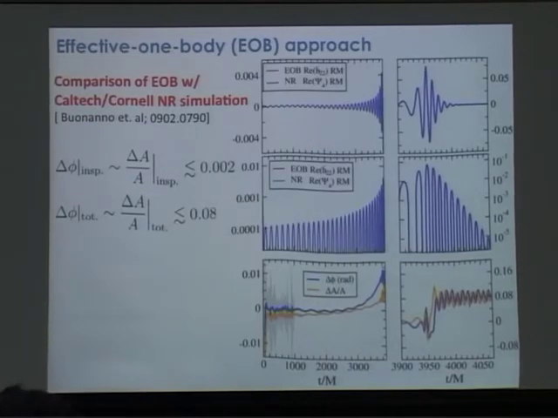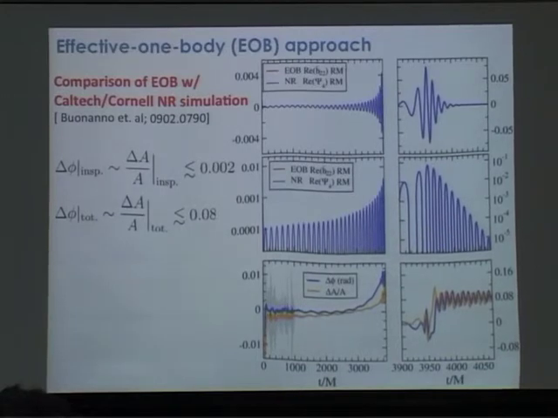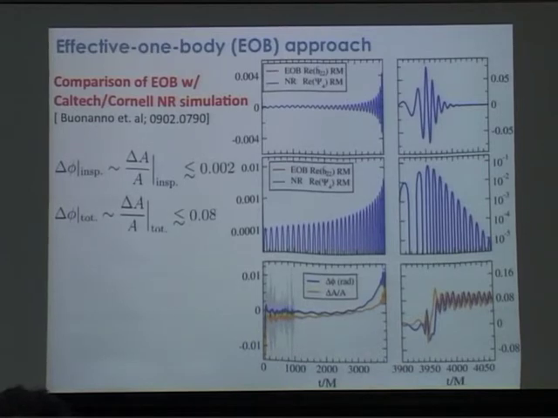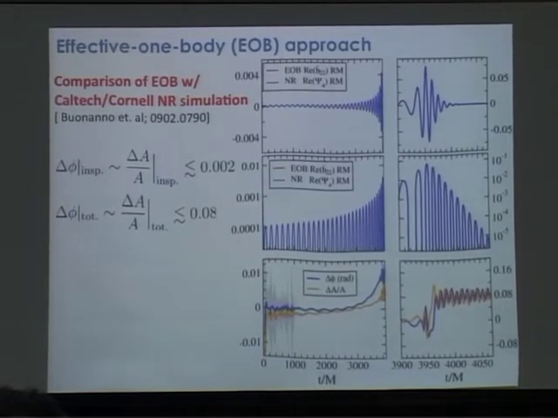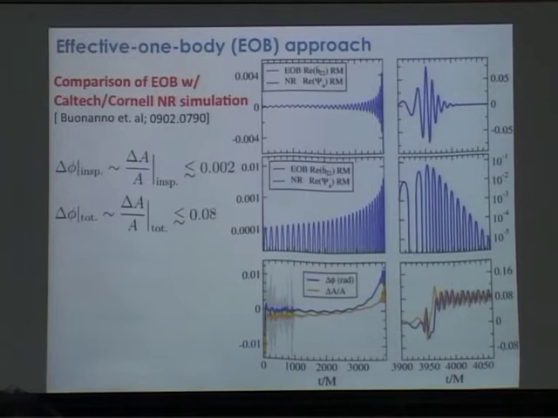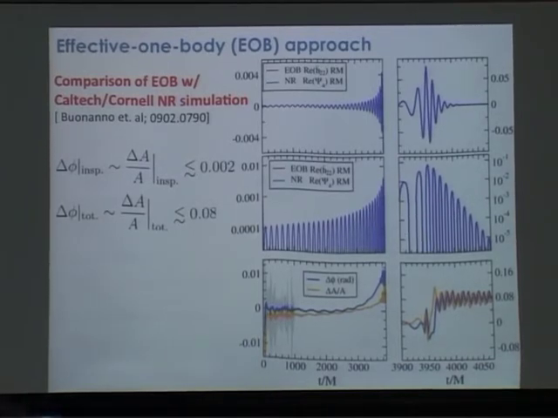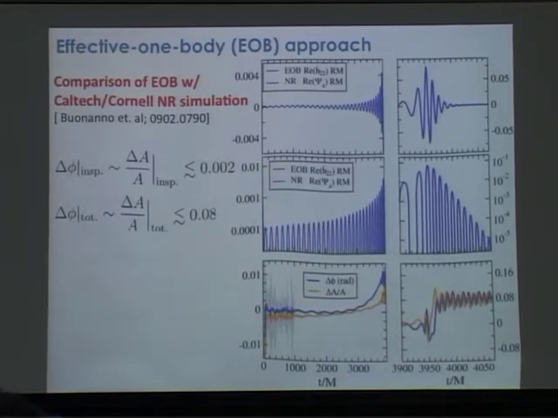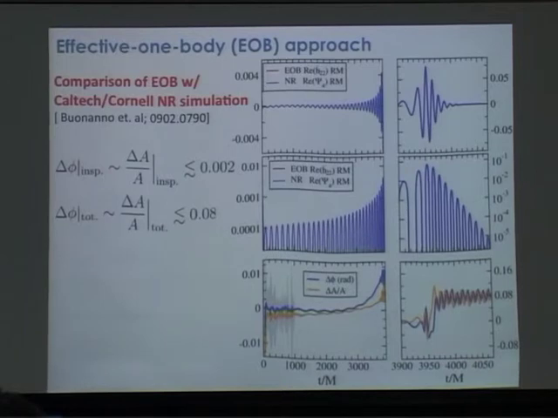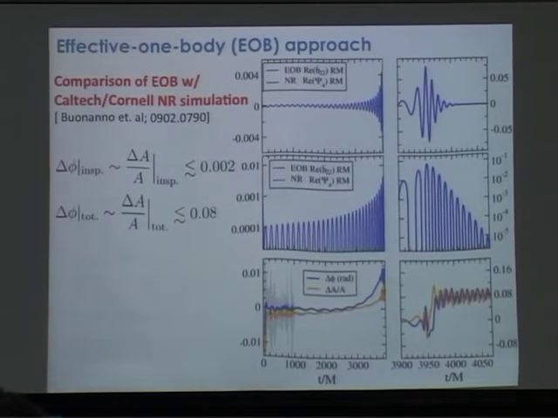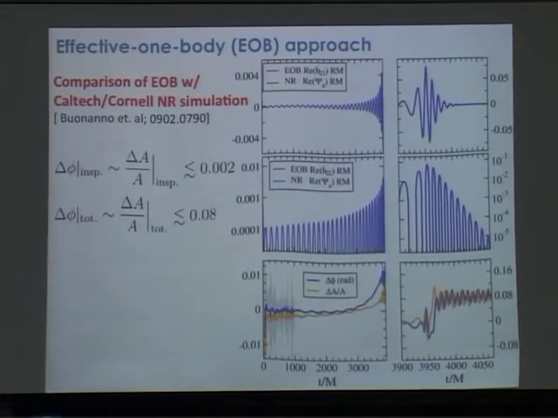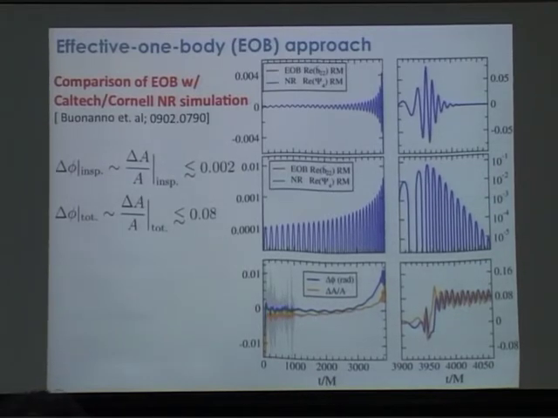And so people have done various comparisons with numerical relativity in this case as well. And the general punchline is you can basically get very, very good agreement with the numerical relativity simulations through all phases, in-spiral, merger, the whole thing. You get very good agreement. Of course, it depends on what ingredients you put into the EOB versus what your numerical simulation has. So, for example, right now, treating the case of very, very high spins, the EOB is still not quite up to the task, but if they tweak it a little bit, eventually it will be, presumably, right?